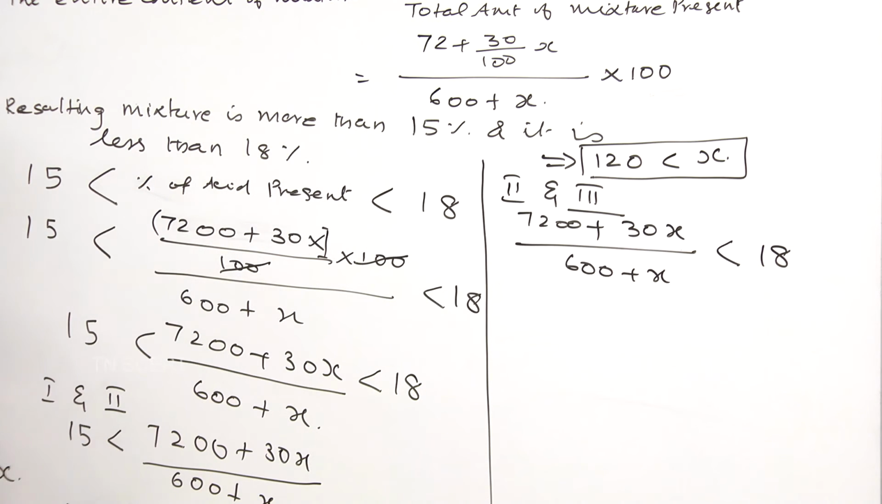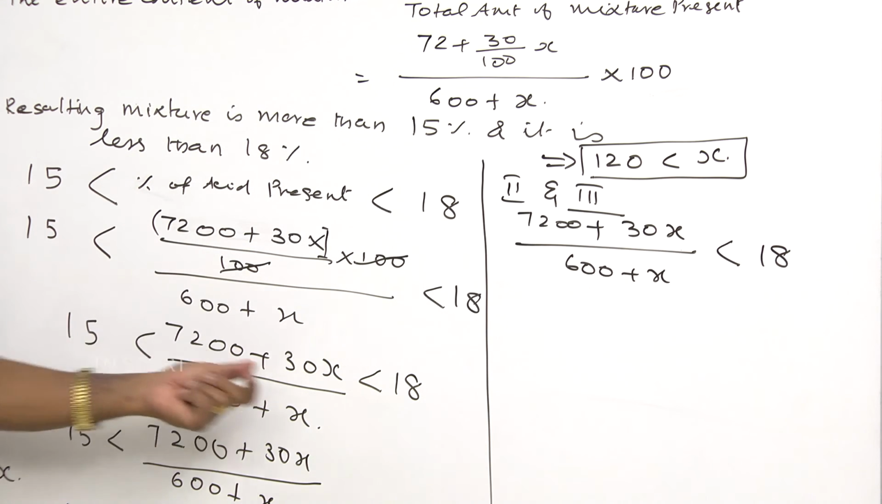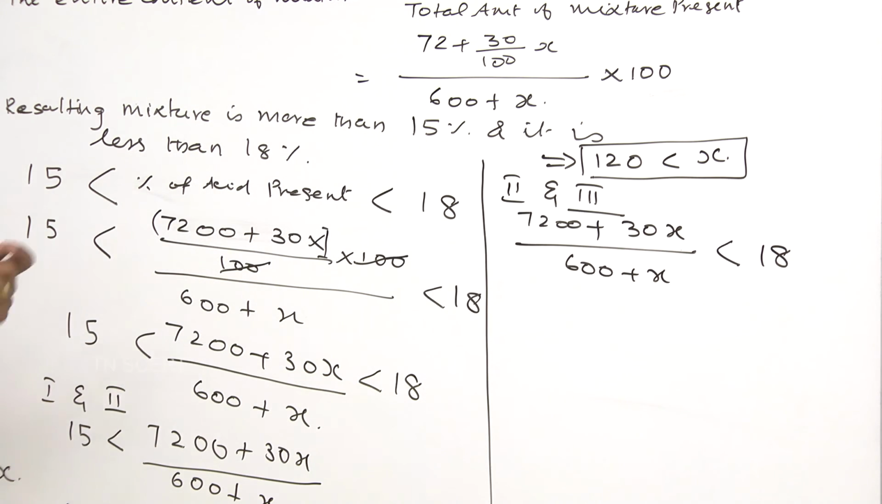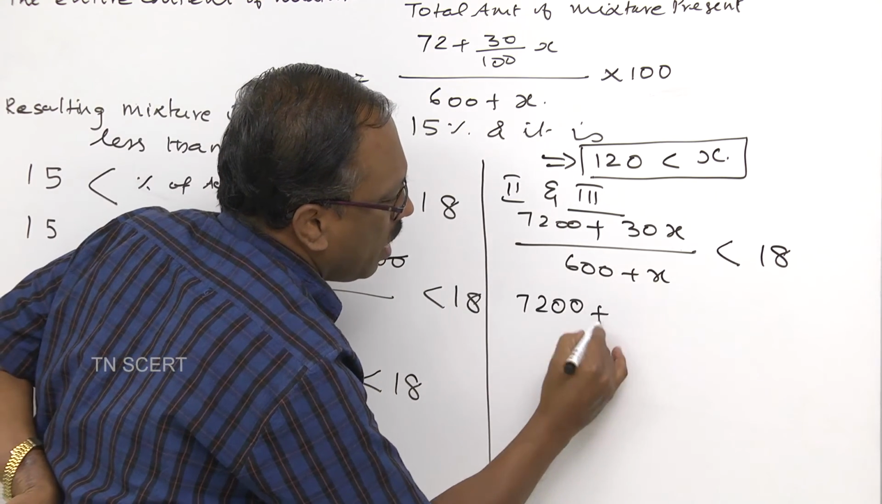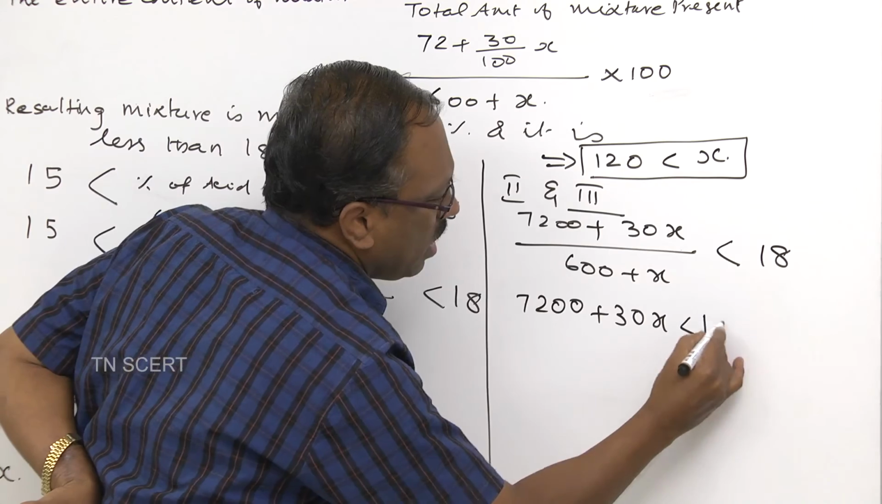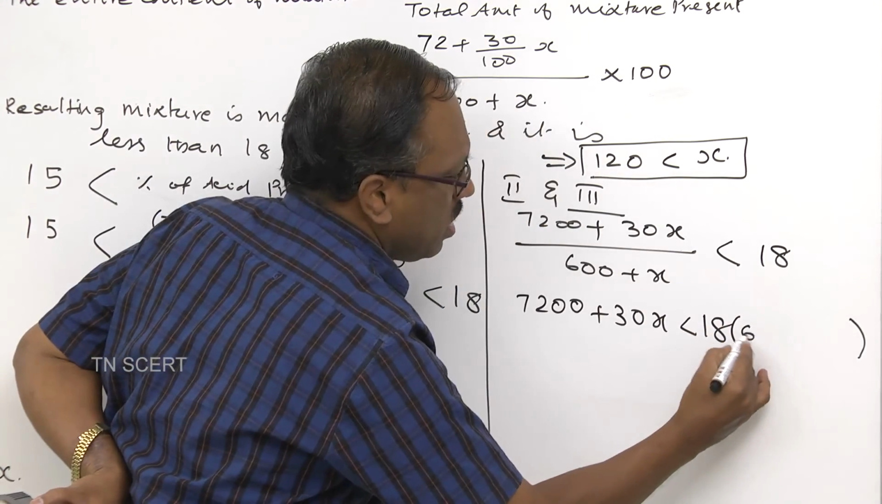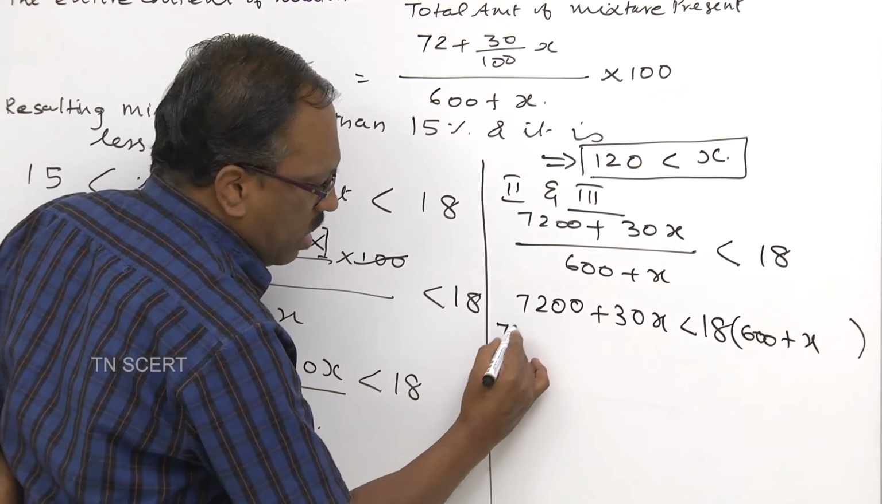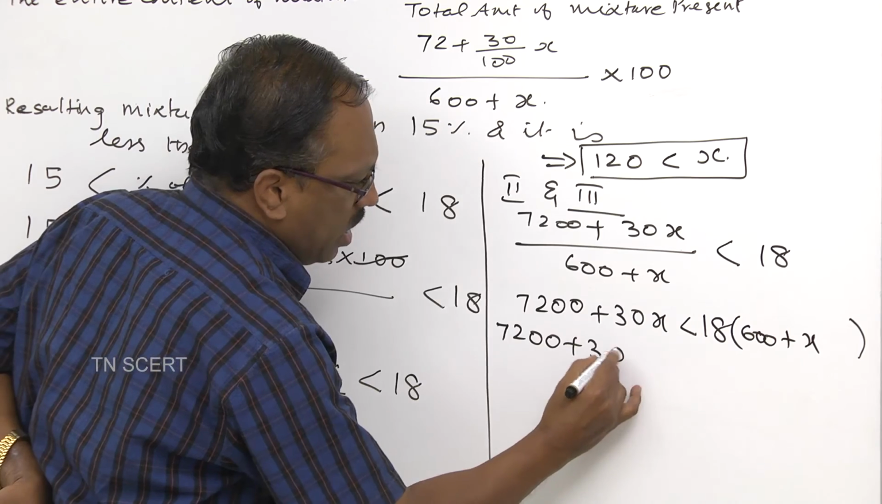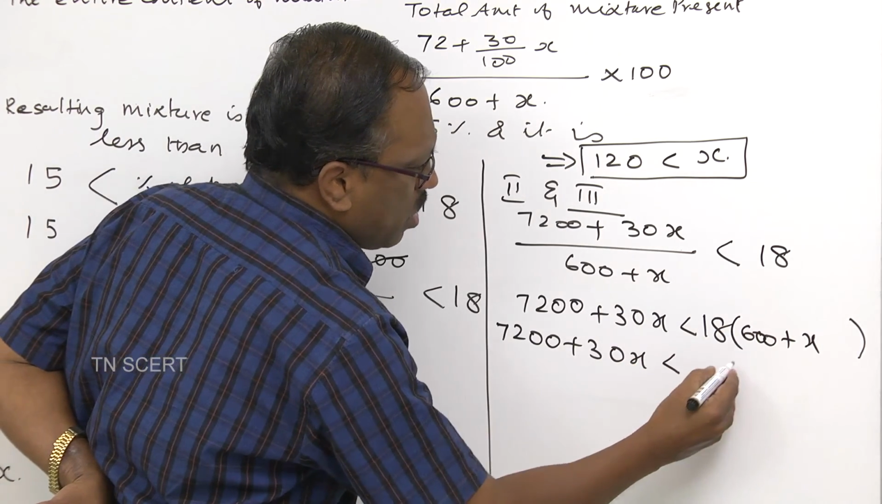So that is why I do so. While you are computing the calculation, while you are computing the values, it may be much difficult for you to find the solution. This is the easiest and shortcut method so that we do the process. So 7200 plus 30x less than 18 bracket, it is 600 plus x. Now you can do the same process. 7200 plus 30x less than 18 into